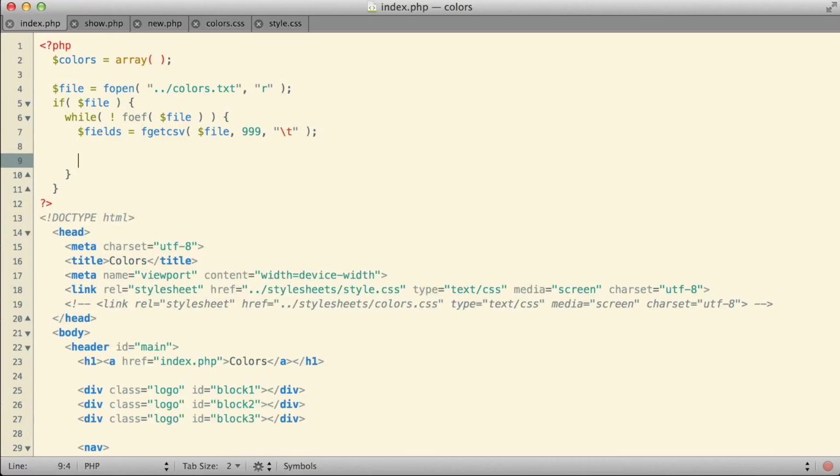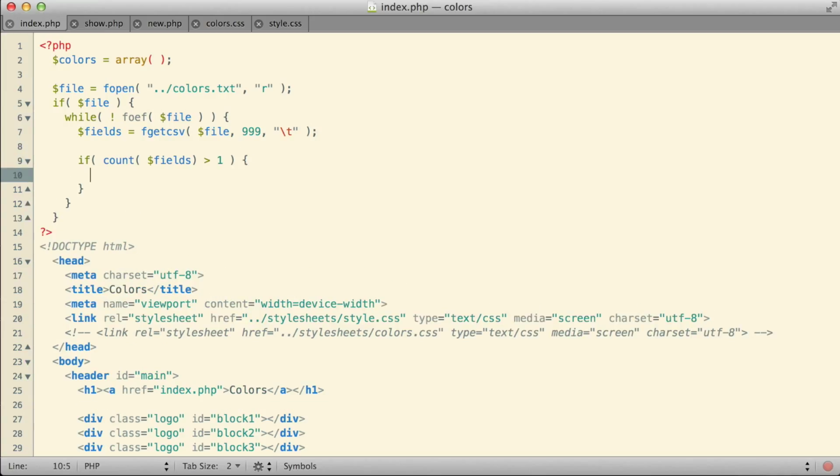And in my colors array is where I'm going to want to store all of these different values. So let me go ahead and say if the count of the fields, the number of fields that were read from a line, is greater than 1, so essentially if the line wasn't blank, then push into that array called colors this particular set of fields. What I'll end up with at that point as a result of that array push is a two-dimensional array.